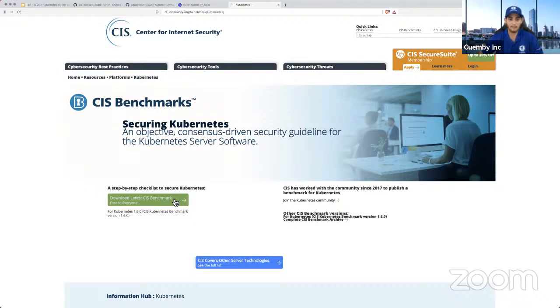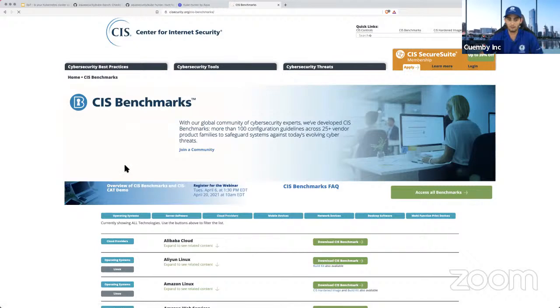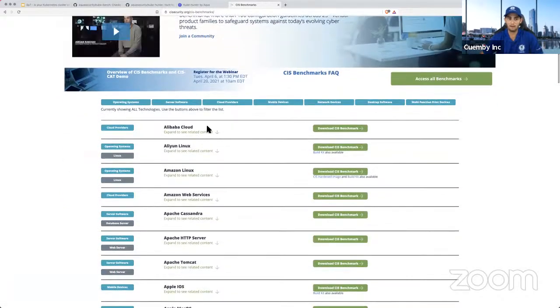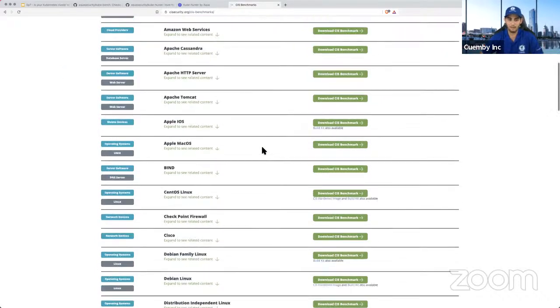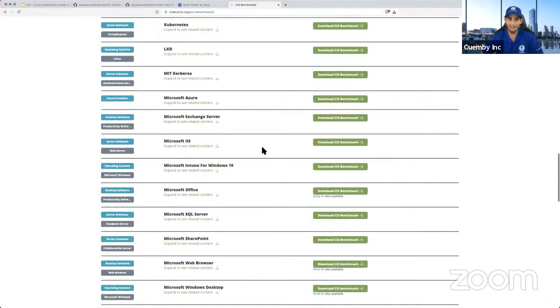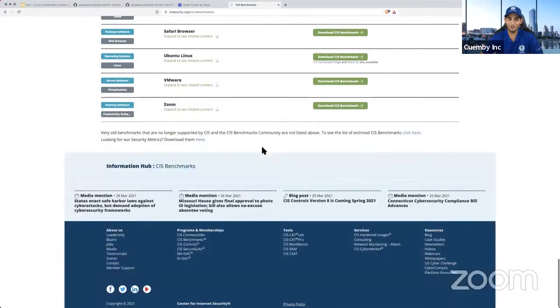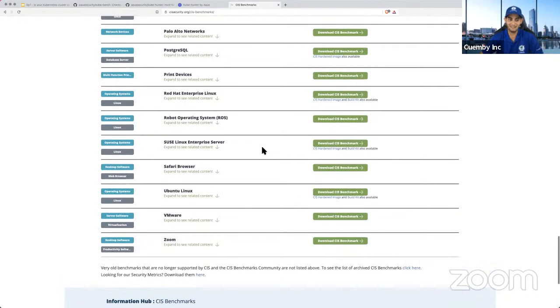Definitely check this out. And if you want to see more about what the CIS does, you can go through all the technologies. You can see here, even for Alibaba, if you want to set up cloud services in Alibaba, what are the best standards and practices that you should follow. I can tell there's a bunch here, so you're probably going to spend some time looking at this.